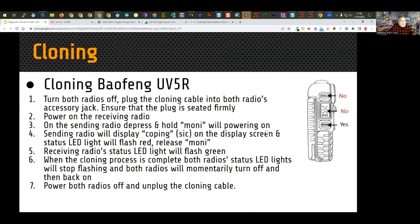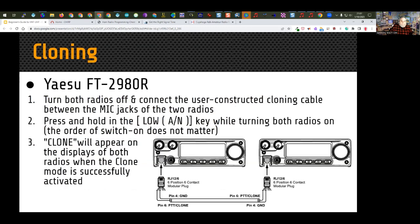Cloning the Baofeng, again, here's the instructions. And again, you have to go through very specific things on which keys you hold down when you turn the power on. You want to hold this key down, not those two keys, etc., etc. And you'll be able to clone a Baofeng radio. Here's cloning the Yaesu